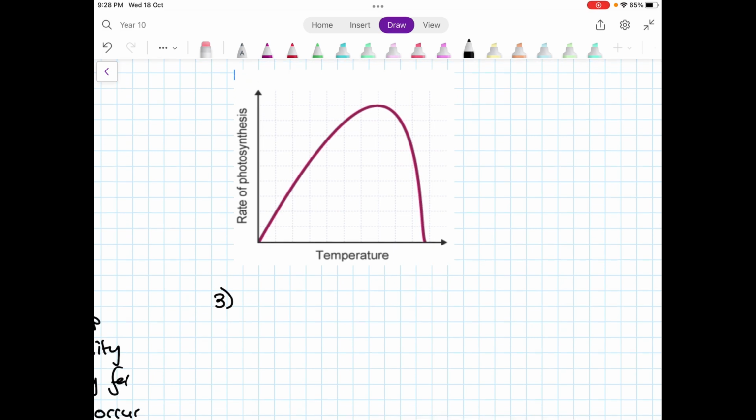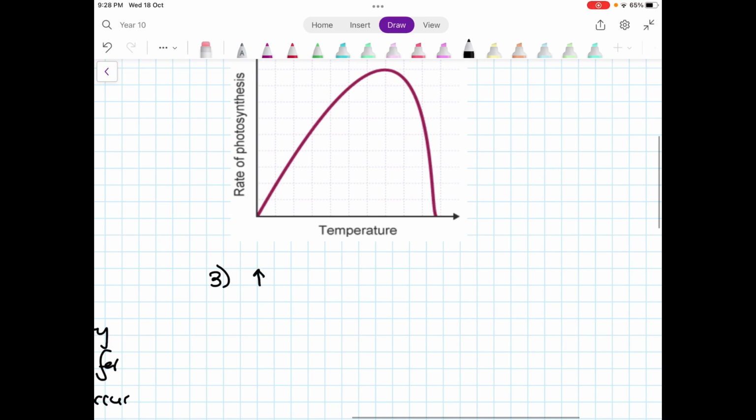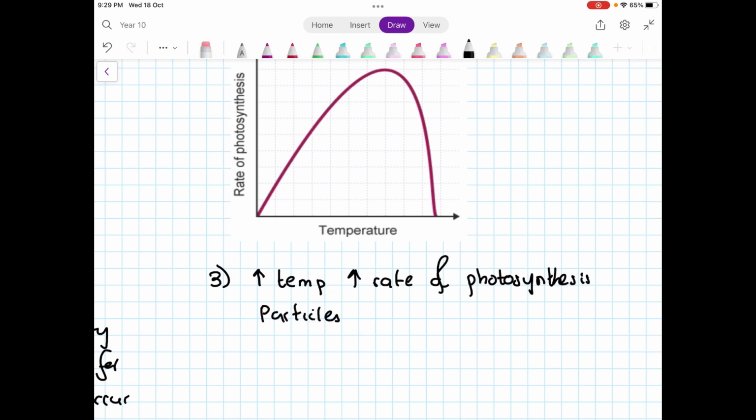Now over here, the reason why this occurs is because particles are supplied with kinetic energy. So particles have more KE,